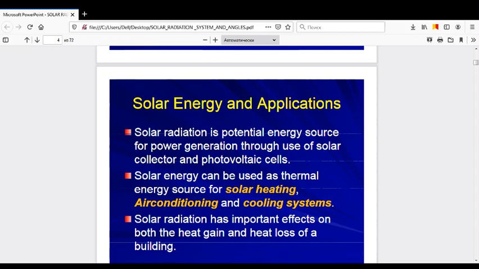Now solar energy and its application. Solar radiation is a potential energy source for power generation through the use of solar collector and photovoltaic cell. Solar energy can be used as a thermal energy source for solar heating, air conditioning and cooling systems. Solar radiation has an important effect on both the heat gain and heat loss of a building. So these are mainly the solar energy applications, where the potential energy is used for power generation by solar